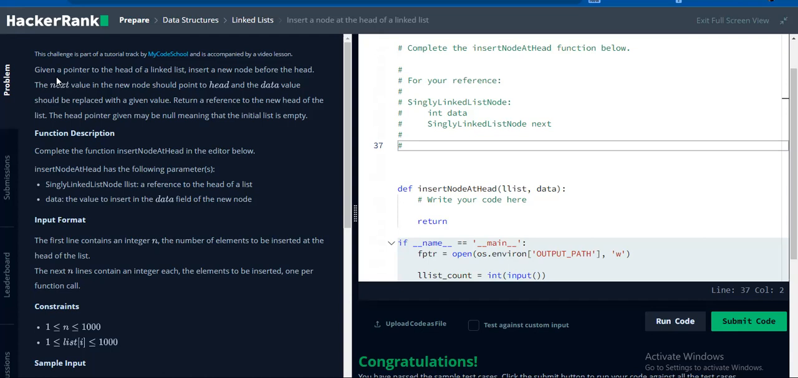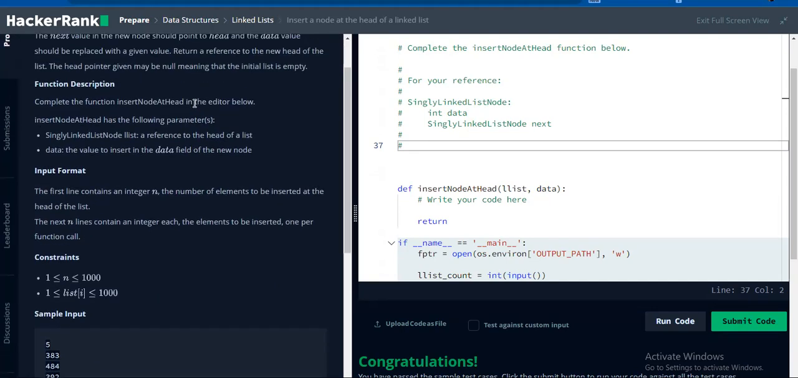Given a pointer to the head of a linked list, insert a new node before the head. The next value in the new node should point to head, and the data value should be replaced with a given value. This is simply inserting a new node at the head of a singly linked list. And basically, before we give a solution,